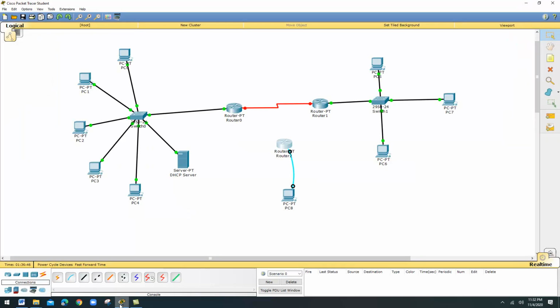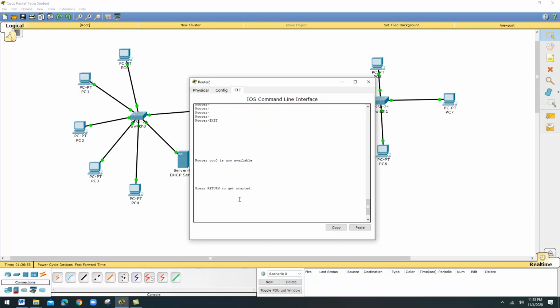We can go to Packet Tracer. Now you can see, in this router I am going to create a banner. I click the router, and we are inside the router now. The password we already know, 12345. Now I am inside the router and I am going to give the commands. The first command is the enable command, then config terminal.